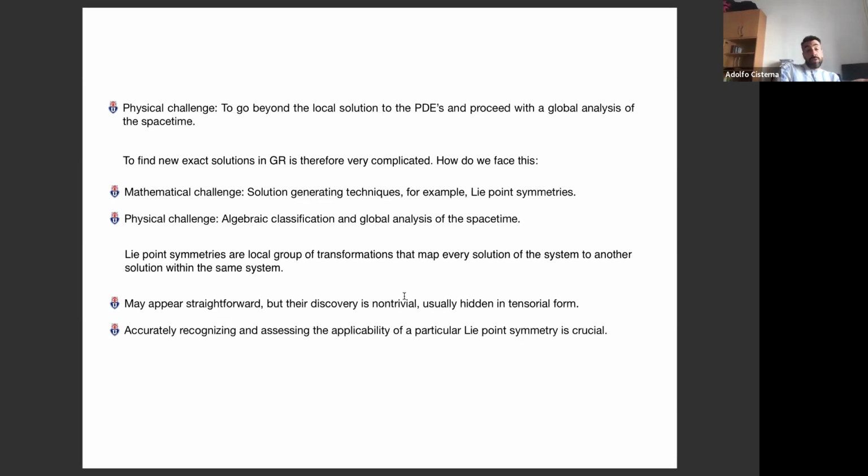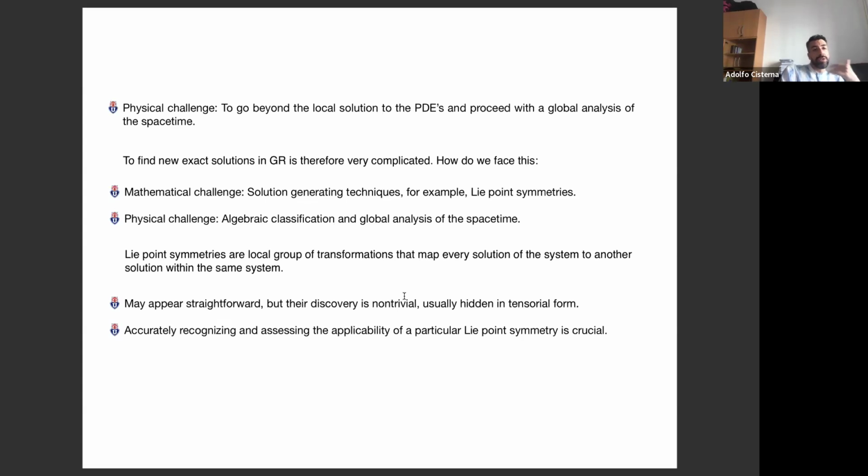To find general exact solutions already in GR is therefore very complicated, but how do we do this? Well, usually you can apply brute force and try to integrate solutions. You might be able to do this in spherical symmetry sometimes, always static solutions, and it's the case of Schwarzschild, a very simple exact spacetime. Even in modified gravity, you can do this usually when you are under spherical symmetry or with exact gravitational waves that usually solve equations in a very universal way, like pp-waves, etc. But in general, it's difficult.